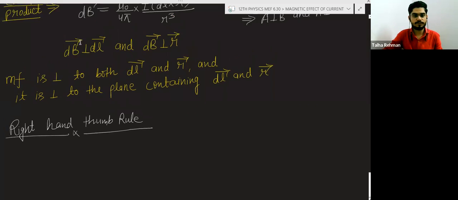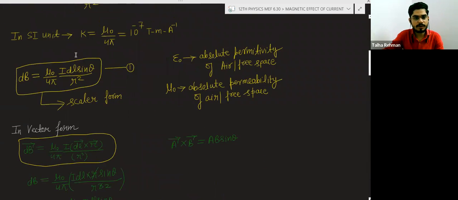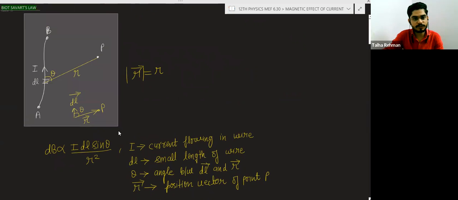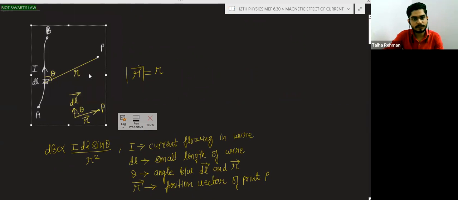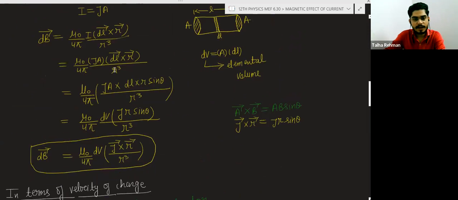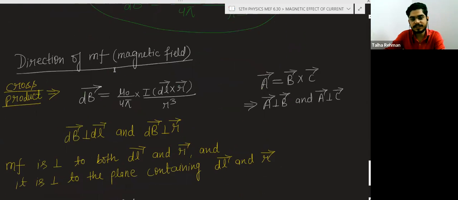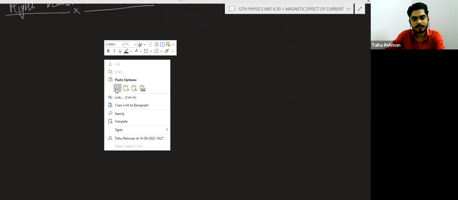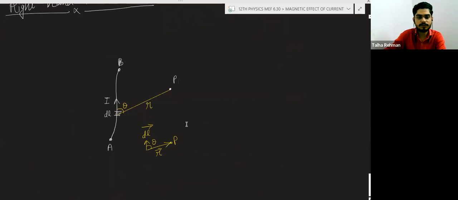Right hand thumb rule. So I have not talked about the direction of this. We have just found the magnitude part from this formula, and for finding the direction we will use the right hand thumb rule. And how we will use that right hand thumb rule,